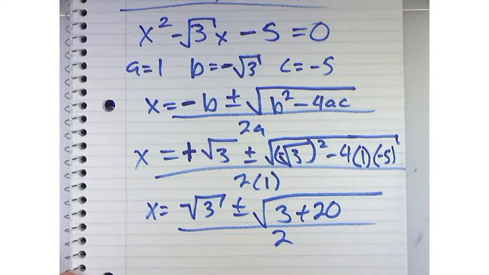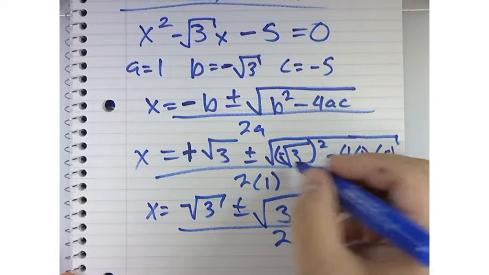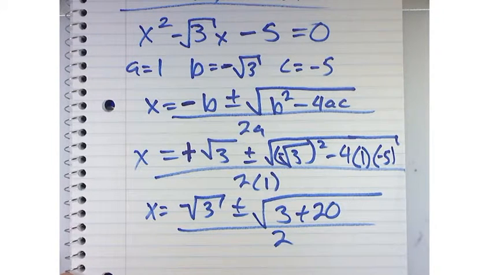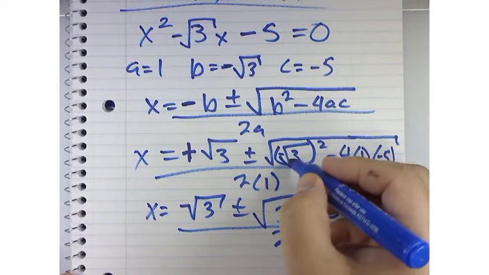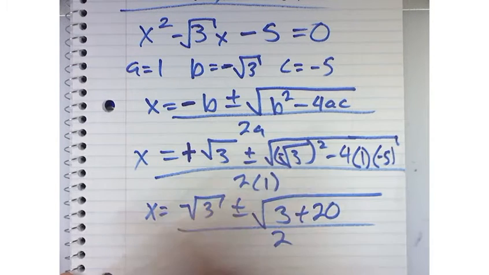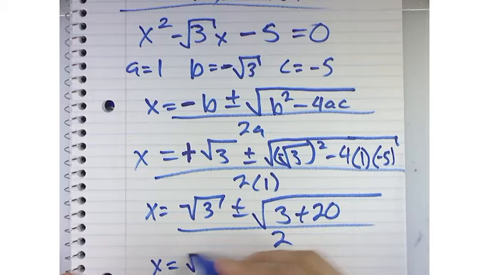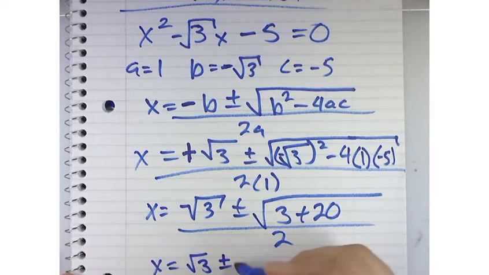I was talking about the one in the square root. Yeah, so this is going to be negative times a negative, which is... Oh, okay. I got it, right? You guys see that? This is the negative root 3 times the negative root 3. Well, the negatives will cancel, so it becomes positive. So then we have x is equal to the square root of 3 plus or minus the square root of